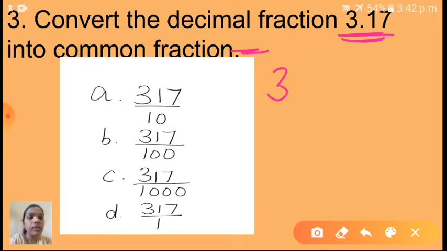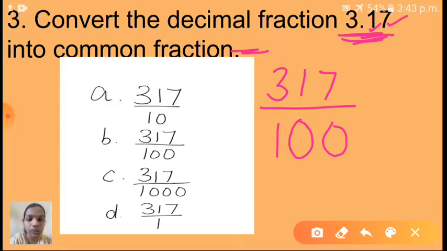Okay. That means if you are ignoring the decimal point, which number will you get? Yes, 317. And in the denominator place, which number do you have to write? 1. Very good. As I told, isn't it children? 1 you have to write. And after this 1, you have to add 0. How many 0 do we have to add? See the question here. After the decimal point, how many digits are there? Yes, 1, 2. How many digits are there? 2 digits are there. So here you have to add 2 zeros. So your answer is what? 317 upon 100. Understood now?